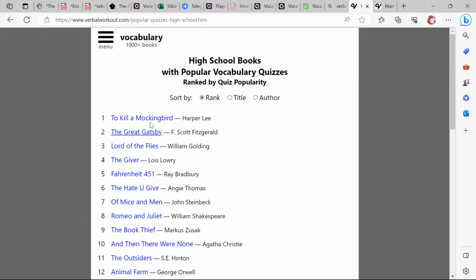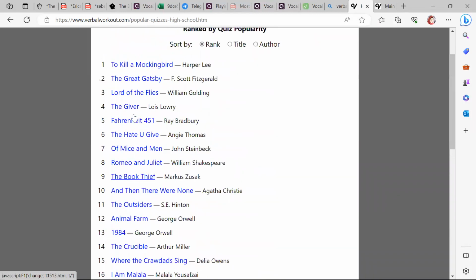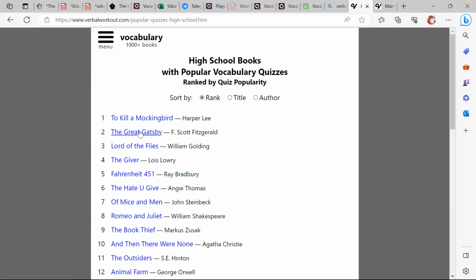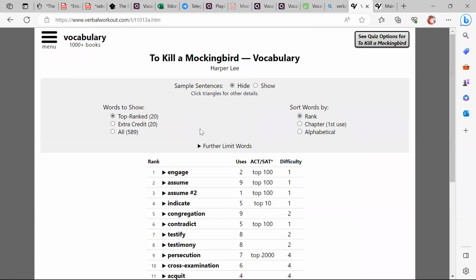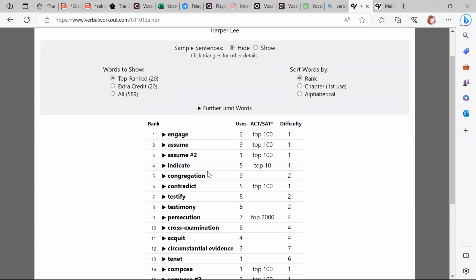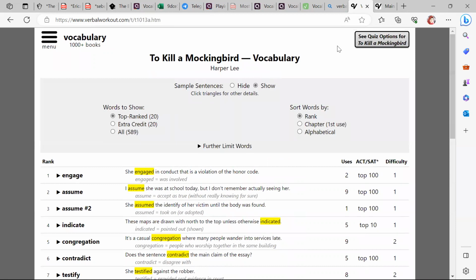vocab exercises and quizzes based on the very well-known books. You know, these are the very well-known novels and plays that we keep stressing for you to read or recommending them for you to read. For example, To Kill a Mockingbird, you can have the vocabulary list that appeared in the story, and you can have here sample sentences for each word. Also, you can see the quiz